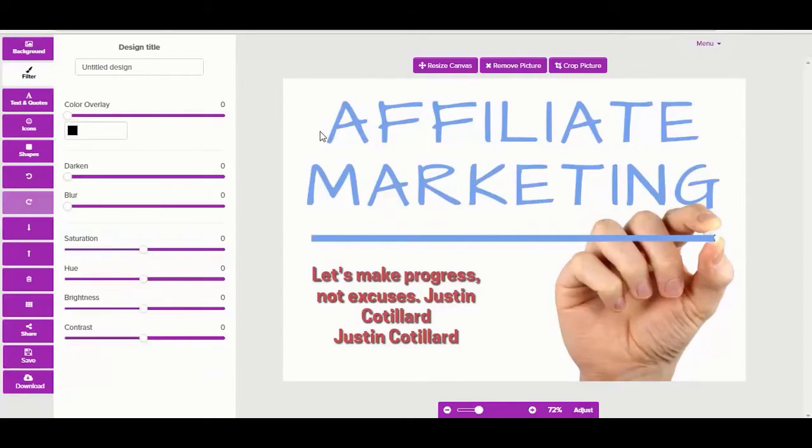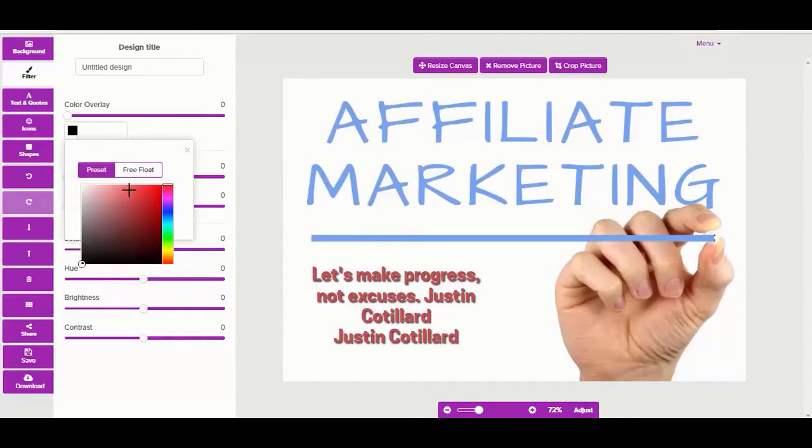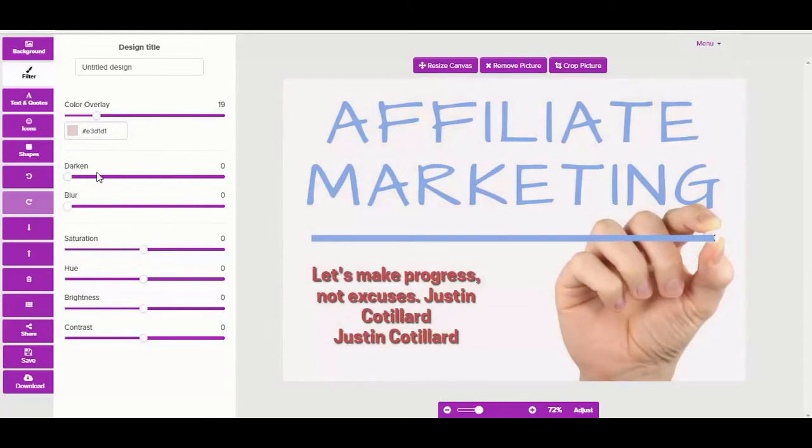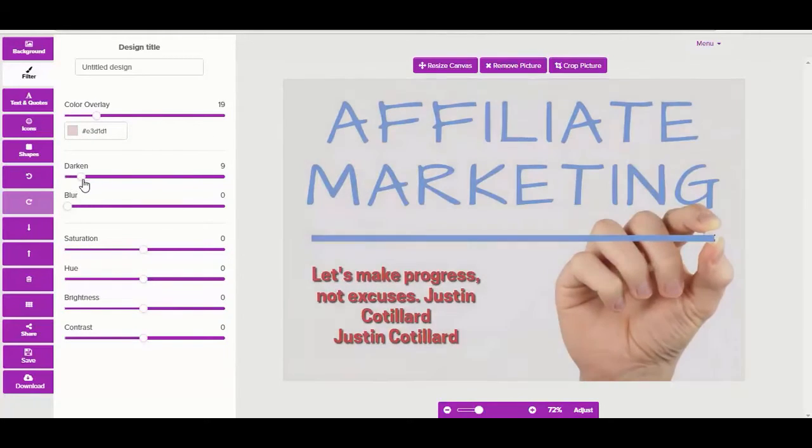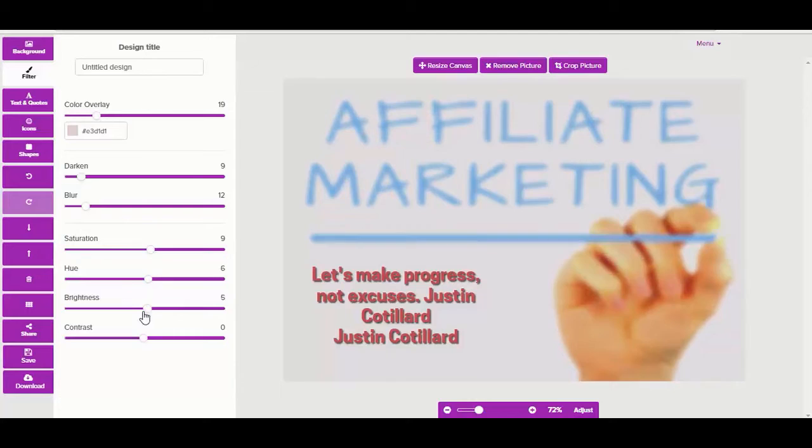But you can also add a filter to the entire image. So for example, you can add a color overlay like this. For example, let's find us something a little bit prettier like that, more subtle, and then you can darken the image as well, and you can blur it as well. You can saturate it and play around with the hues and the brightness and the contrast. So you can do all of that within the image,